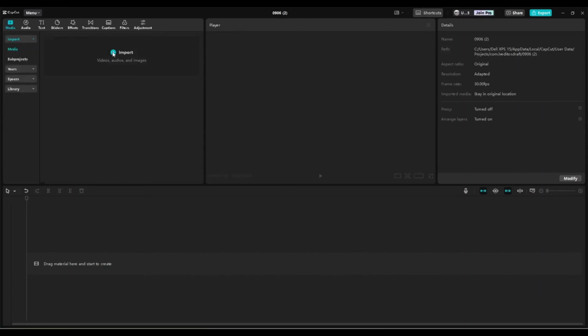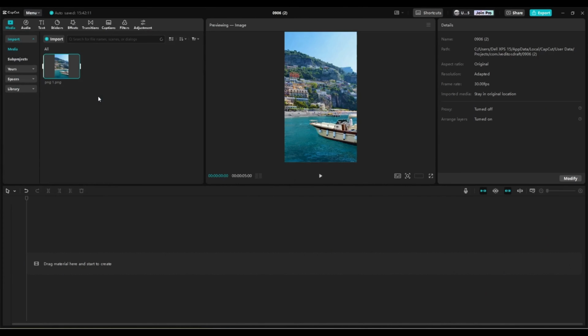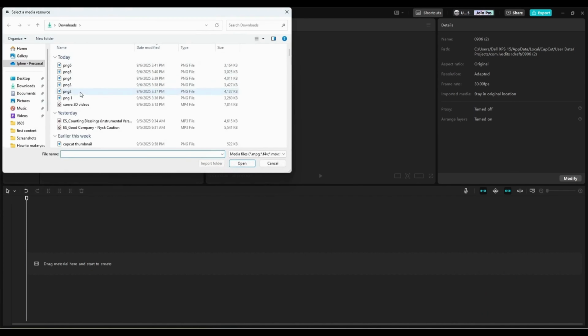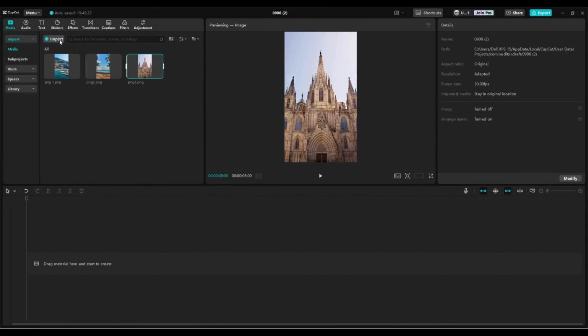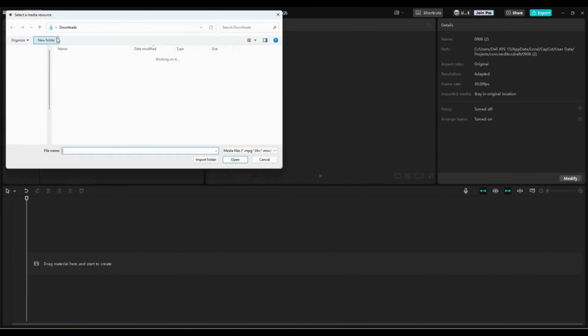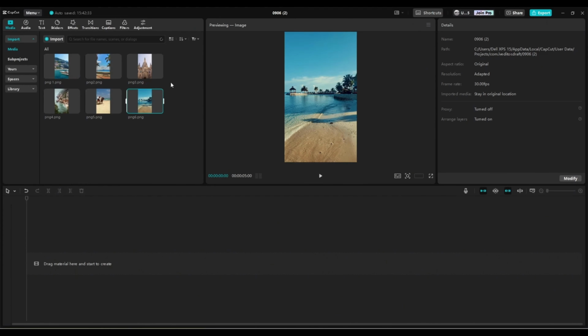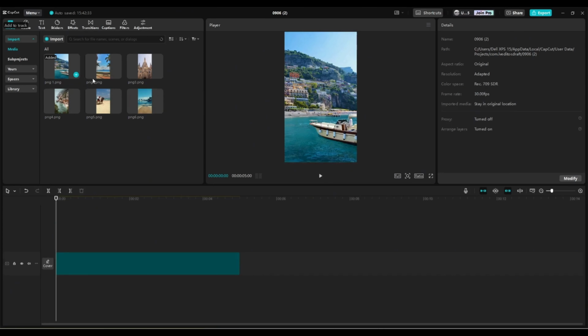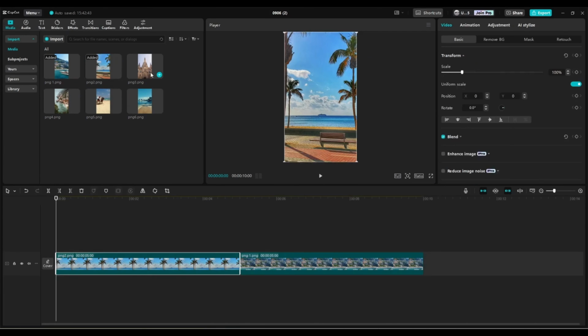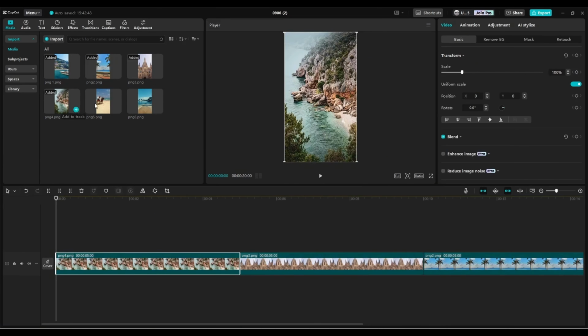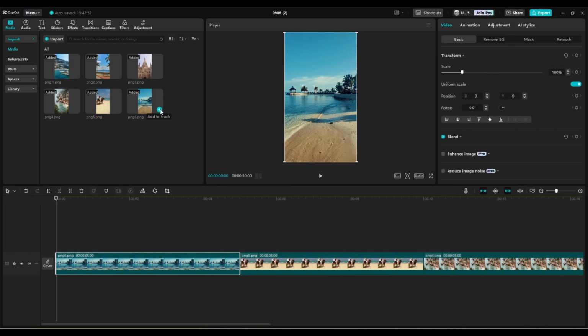The 4th trick, 3D zoom effect. What we are trying to do here is to bring life into static images like your pictures and all of that. So when you go to Capcut to import your images directly from your device, I see about 6 images in this case. Now what I'm going to do is to drag each of those images into my timeline, and the next thing I want to make sure is the aspect ratio on these images are the same. In this case I'm using